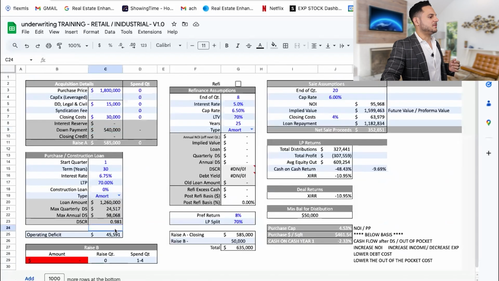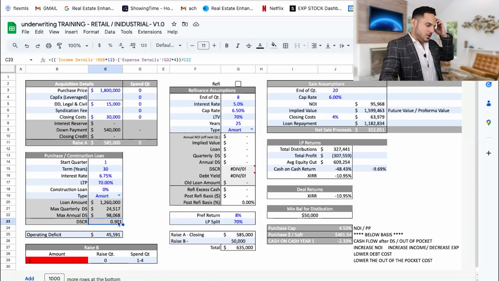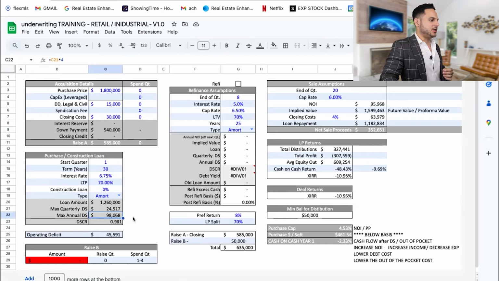So the one thing we're going to be looking for based on all the details that we already plugged in. I always like to make sure my income and expenses are plugged in first. Then I can come back here. I plug in what the seller wants first. And then I go, okay, based on what the seller wants, how much money down do I have to put down on the property? What does my down payment have to be in order to get my debt service coverage ratio, my DSCR, which means if my debt service is 98 grand a year, how much money do I have to put down where this number now becomes